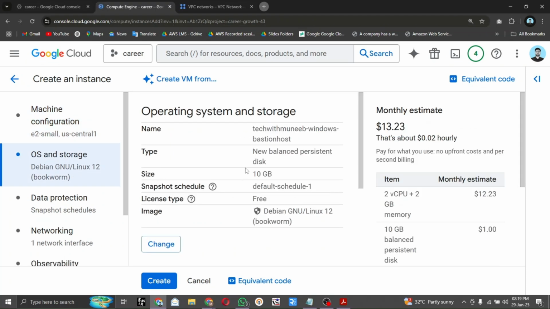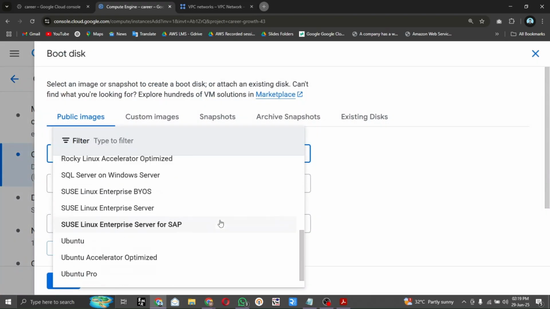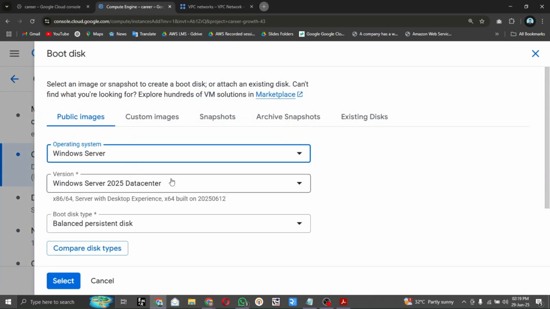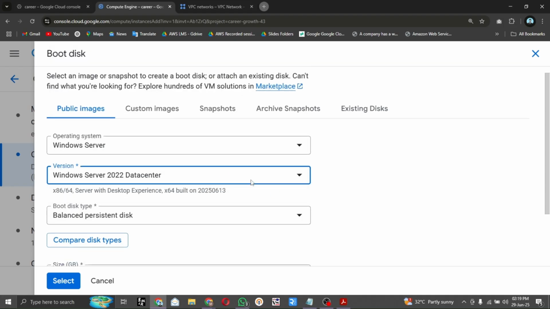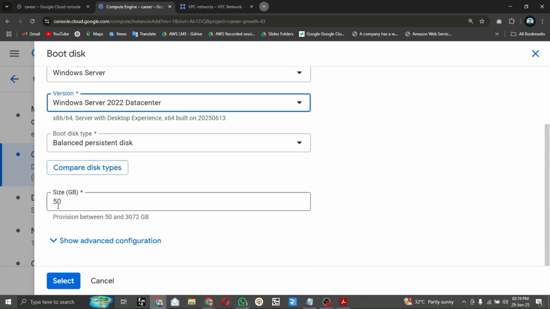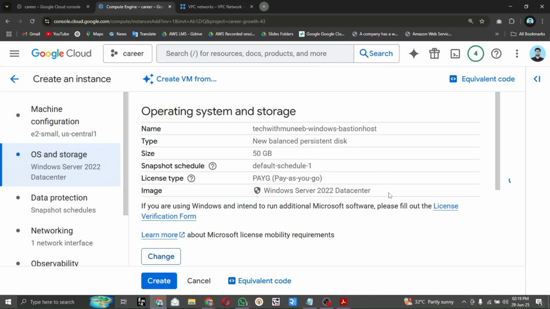In the OS and storage section, I just need to create a Windows server. So let's select Windows Server, and I will be selecting 2022 Datacenter. When you create a Windows server for the first time, its default storage would be 50 GB, whereas in AWS, it will have 30 GB of storage. So you should remember this storage comparison. Okay, so select this, and